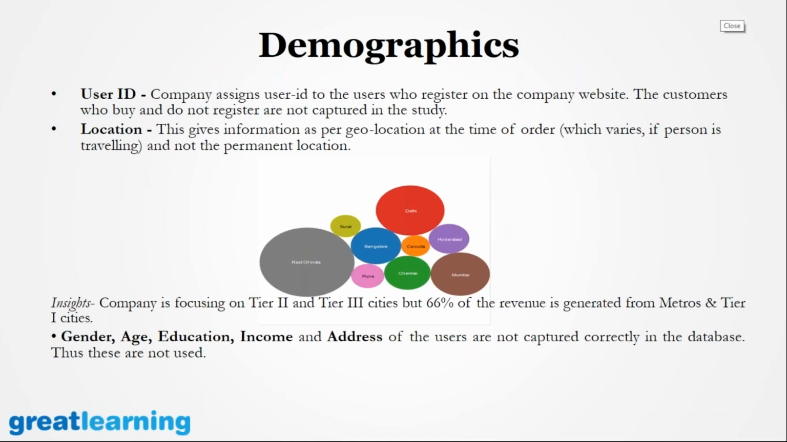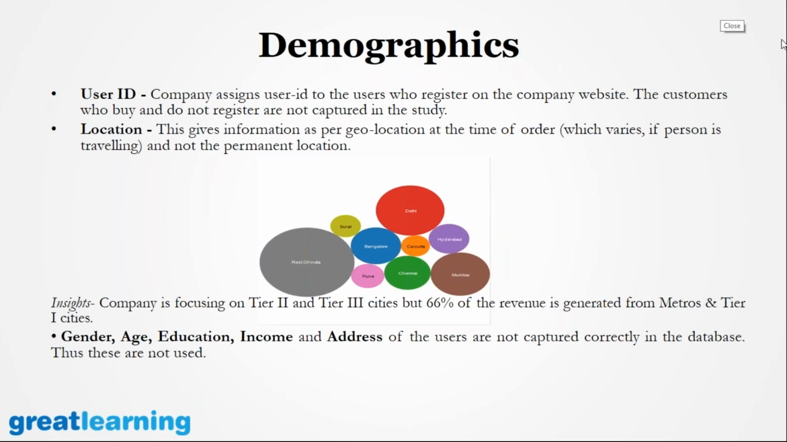Demographic, user ID. So the company assigns a user ID to the users who register on the company website. The customers who buy and do not register are not captured in the study. So the ones which have some transaction were actually taken into account. Second was the